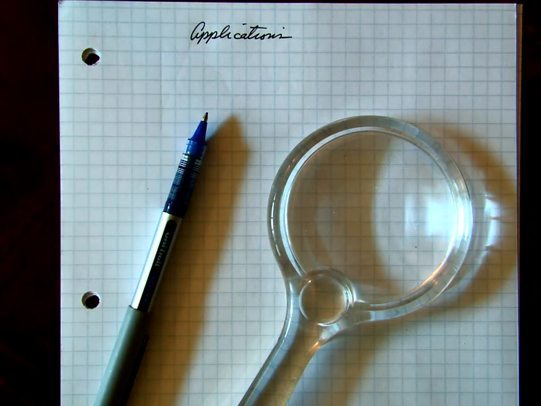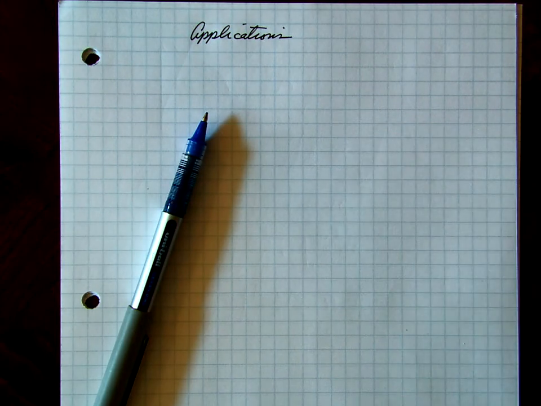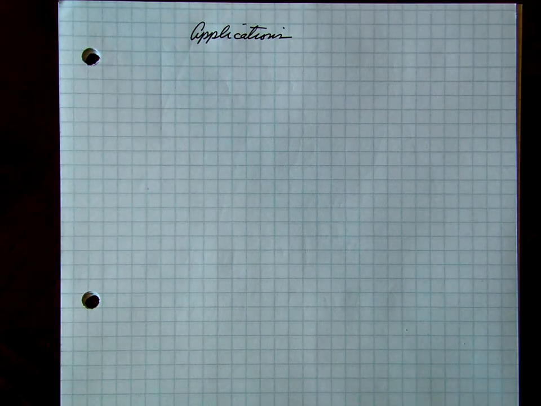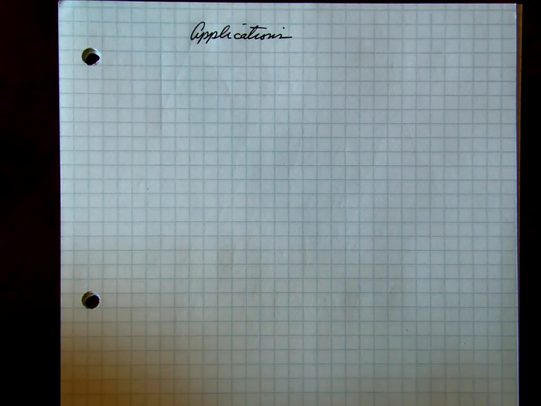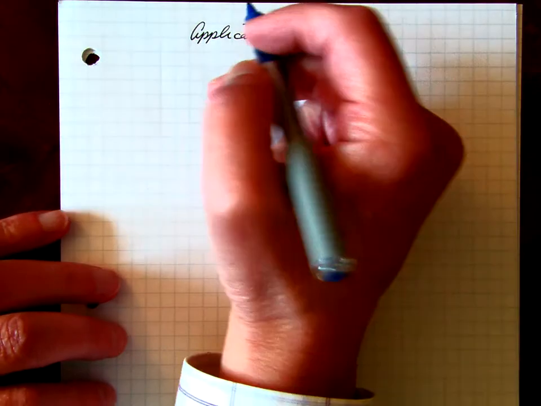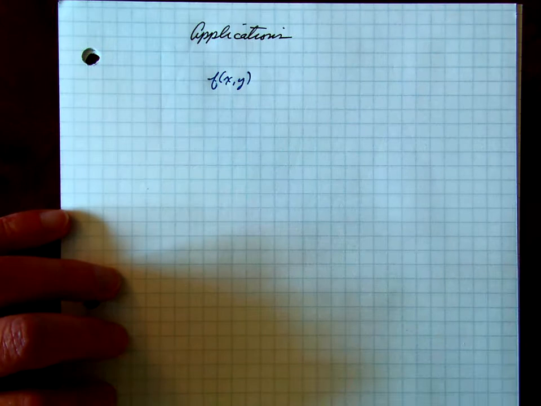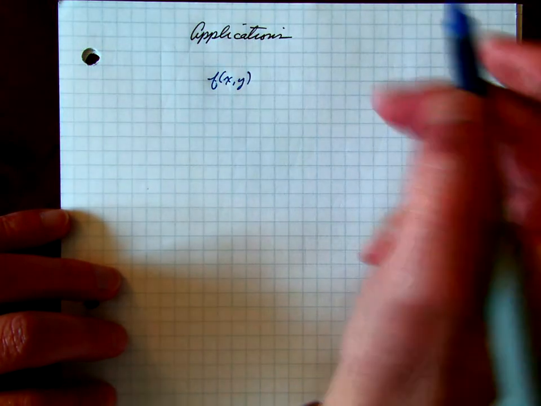Let's say a few words about applications of double integrals. One of the simplest is finding a computation of mass. Suppose, for example, you have a density function. This density function is defined over a region,